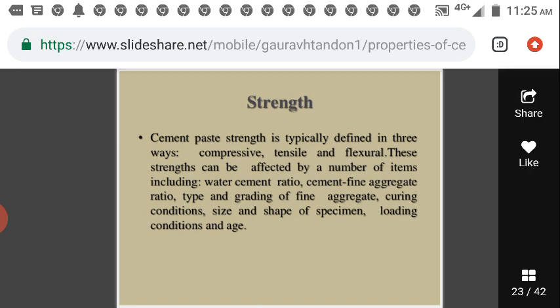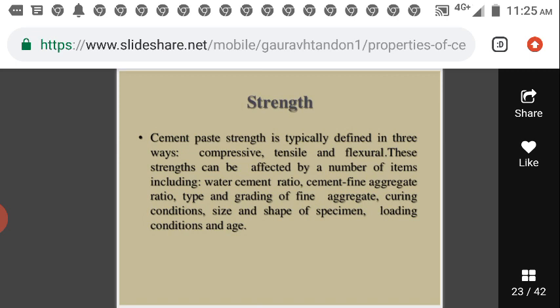We are discussing the different properties of cement and the different tests of cement which we do in our normal process. Of course, we have not discussed the strength property in detail. The strength is very important. Normally, whenever we ask about concrete, we ask what the strength will be, and what kind of cement you are using, because cement is a very important property. Even a small variation in the property of the cement will largely affect the strength.